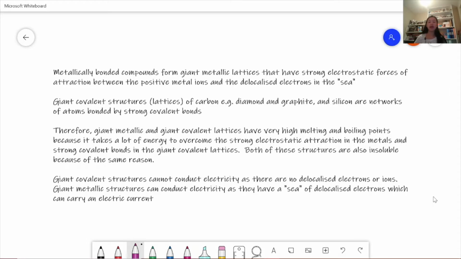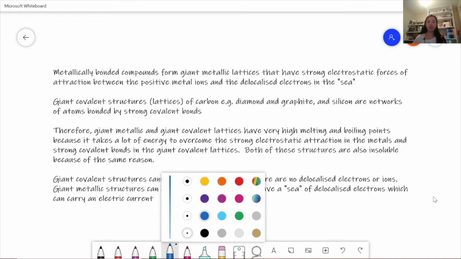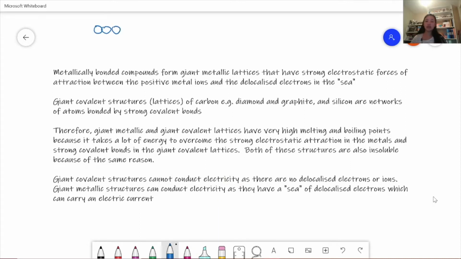Now we're going to talk a bit about metallically bonded compounds and also giant covalent structures. So metallically bonded compounds form giant metallic lattices, and they have very strong electrostatic forces of attraction between the positive metal ions and the delocalized electrons in the sea. So what the structure looks like is you have the positive ions, so these are all the cations, and then you have the electron sea around all the cations. Giant covalent structures of carbon or silicon are networks of atoms bonded by really strong